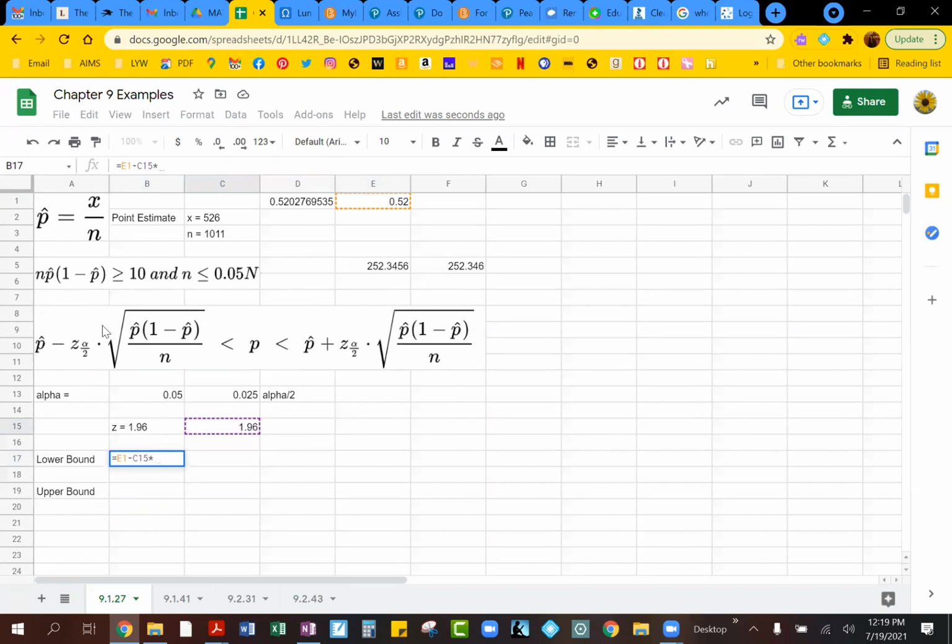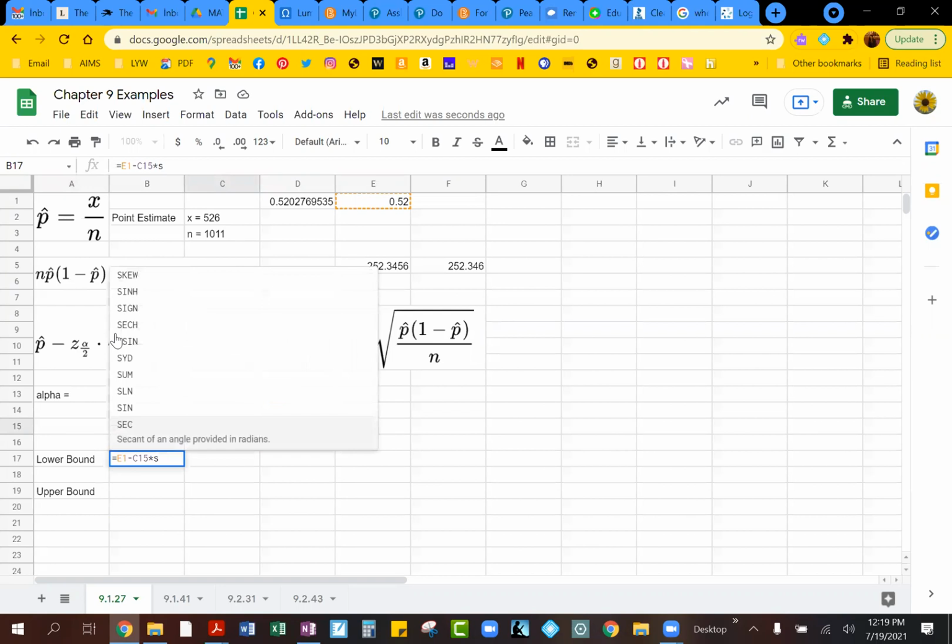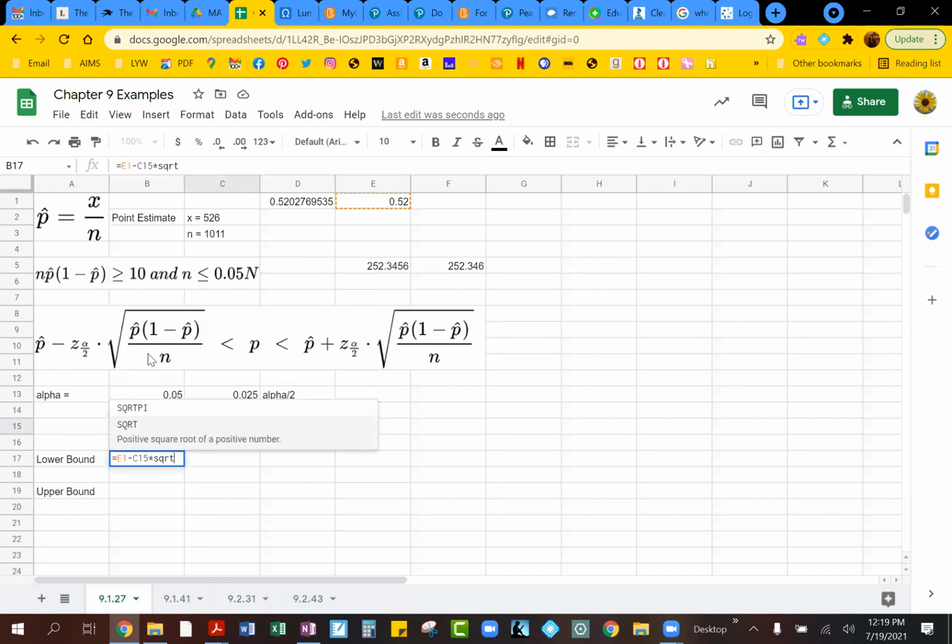But guys, everything is underneath a square root. So you will use the square root formula, which is the SQRT. And you see it opens up parentheses. And then this is where we will need to type in this entire calculation. So first thing we have is p hat. So again, that's 0.52